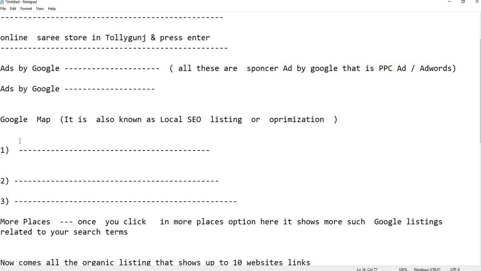Clear? Google Map is also known as local SEO listing or optimization.